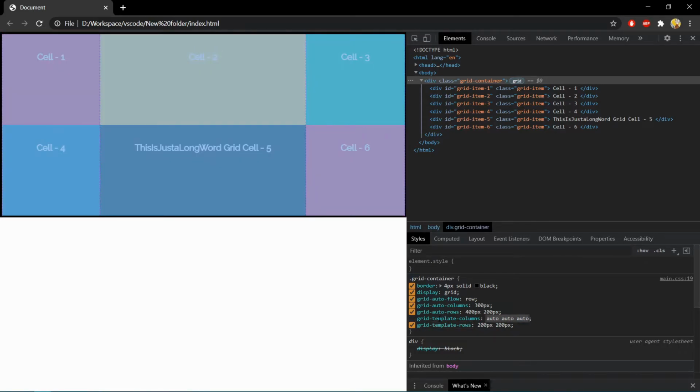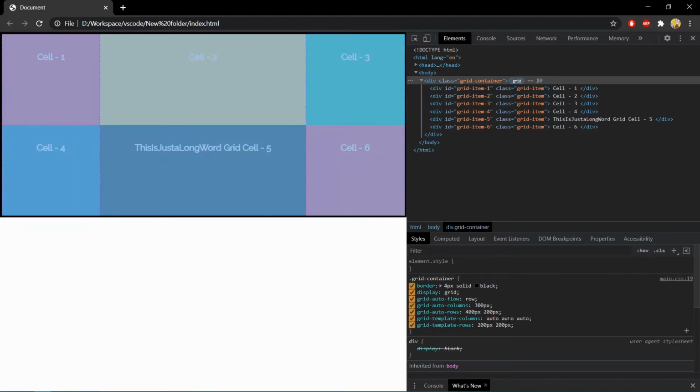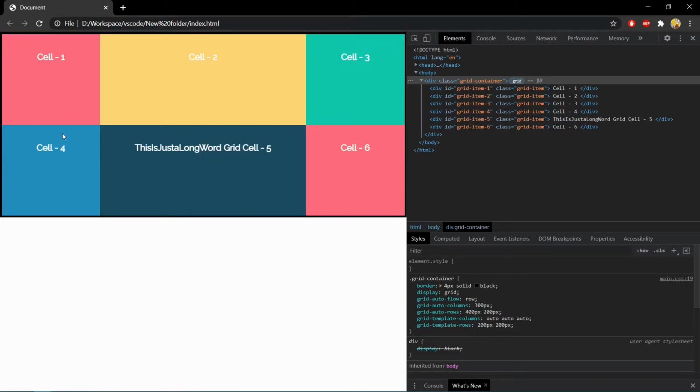The default value of grid template columns is auto. When we specify column width as auto, then grid takes into consideration what the content of that cell is, what its size is, and how much space is available, and it will span the column accordingly. For example, as you can see, even though we have defined auto size for all three columns, columns 1 and 3 are of the same size because their content size is the same. But the second column is larger compared to the first and third because the content size of the second column is larger than them.